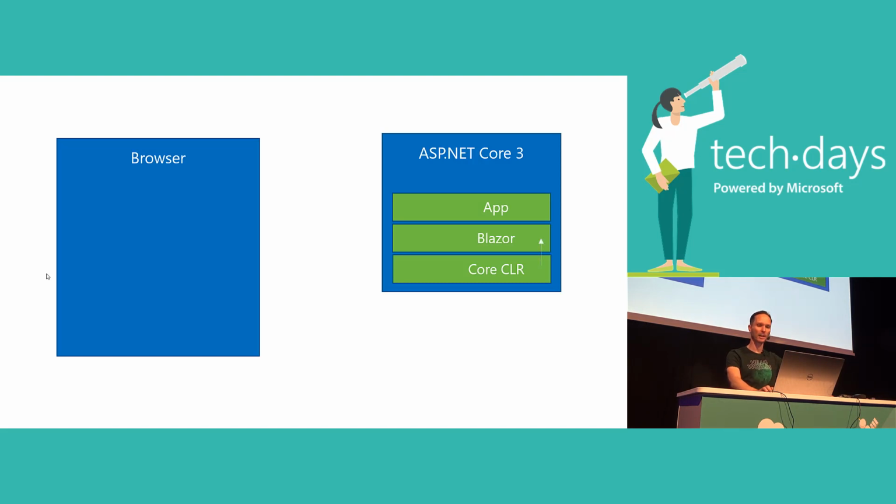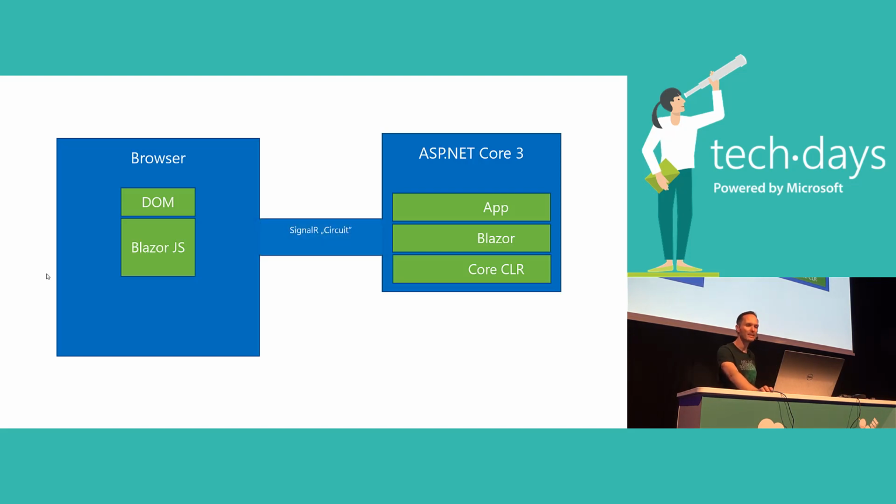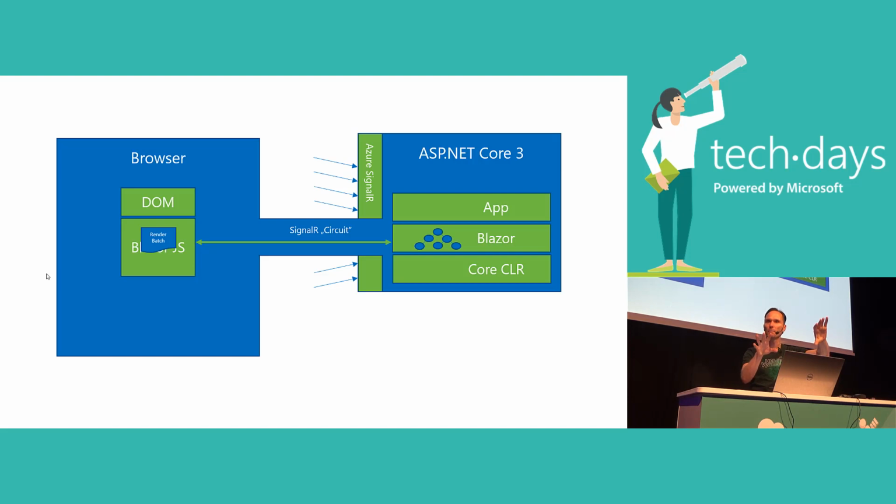And on the browser side, of course, we have the whole startup stuff. On the browser side, we only have Blazor, JavaScript, and DOM, not our own code. Nothing of our own code. Now, what's going to happen is that the Blazor JavaScript part opens up a WebSocket SignalR connection to Blazor on the server. And now the entire thing with rendering the HTML, the whole building of the render tree, the sending of the render batch is not done from WebAssembly to JavaScript, but now it's done on the server